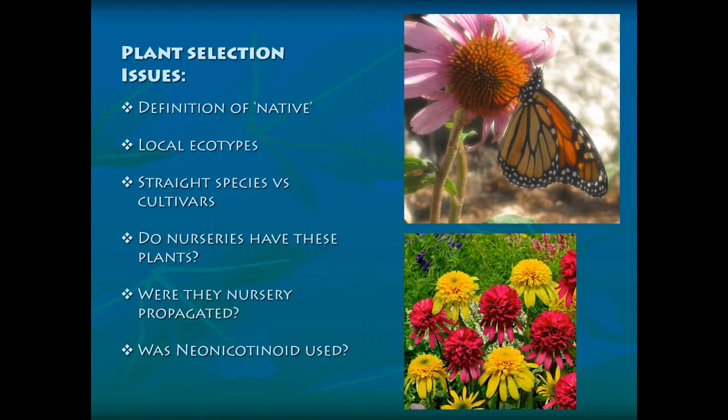If you're going to say, I'm going to plant a native plant garden, do you mean you're going to choose plants from all of North America, all of the United States, just the Eastern United States, just New England, just Massachusetts, or there are even people who restrict their native choices to species that are typical of the county